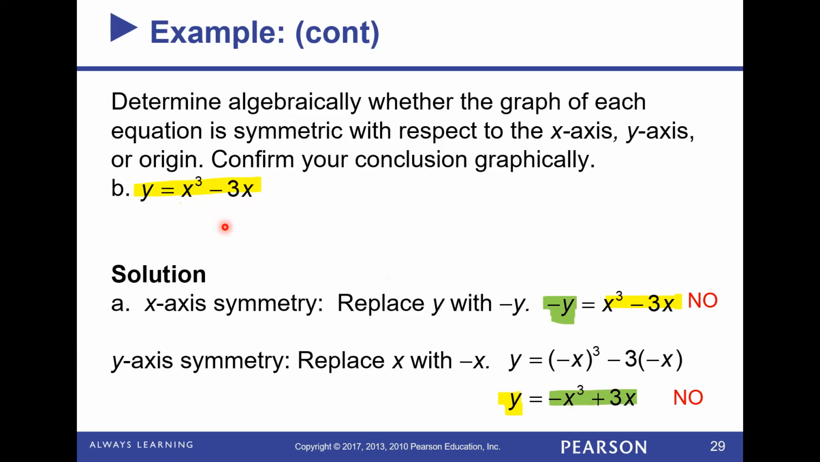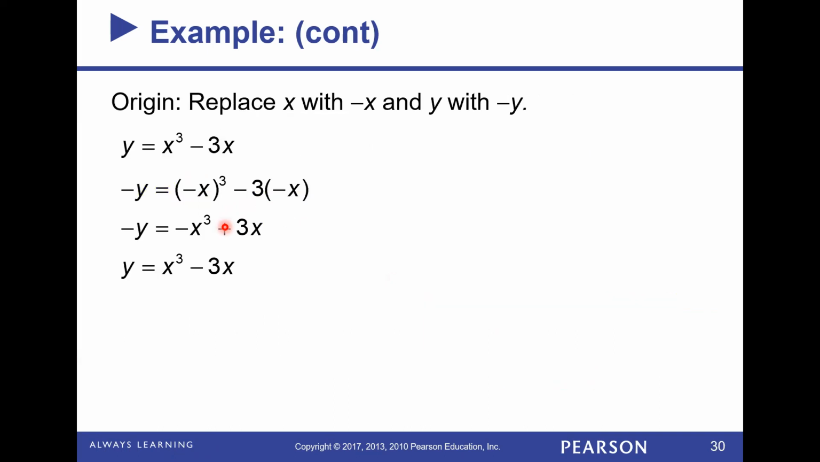Now, just because it has x-axis and y-axis symmetry does not necessarily mean it won't meet the requirements of origin symmetry. So you always want to check for x-axis, y-axis, and origin. You always try for all three. So with the origin symmetry, I'm replacing x with negative x and y with negative y, both at the exact same time. Now, this one's a little tricky because once I replace it in and simplify out, I notice here,